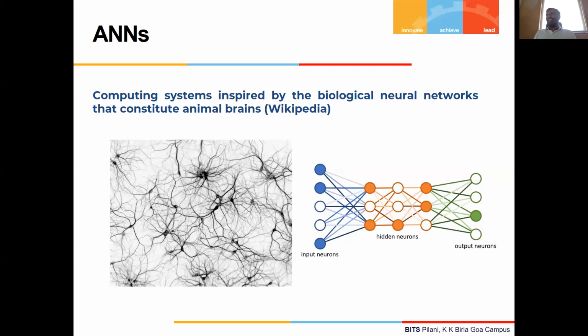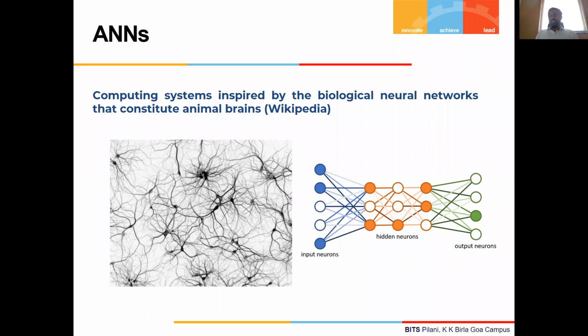So basically we say an ANN is a computing system inspired by the biological neural networks that constitute animal brains. Now, if you see the history of engineering, we got inspiration many times from nature, and we have tried to implement it. Humans always wanted to fly, so they initially looked at nature, at how birds fly, and we tried to replicate it the exact same way. And many people even lost their lives trying to fly like birds, right? So here also a similar thing.